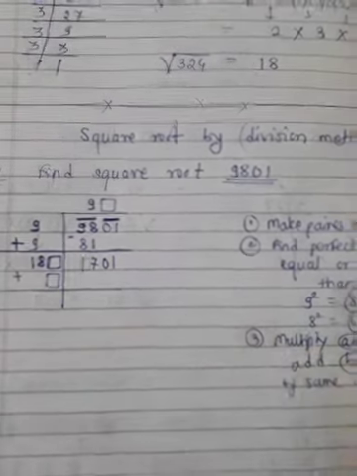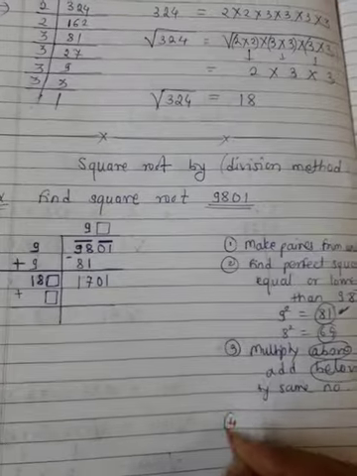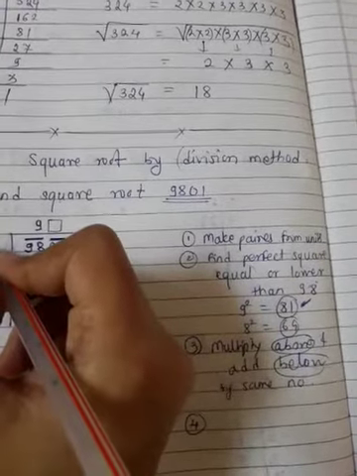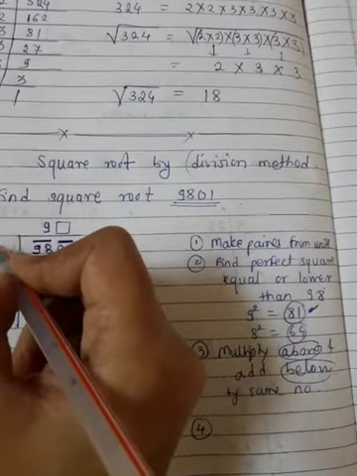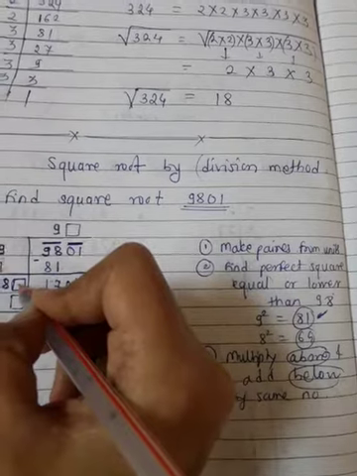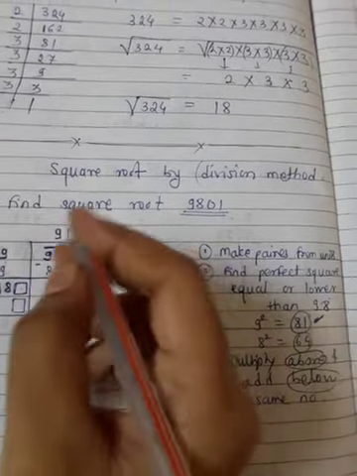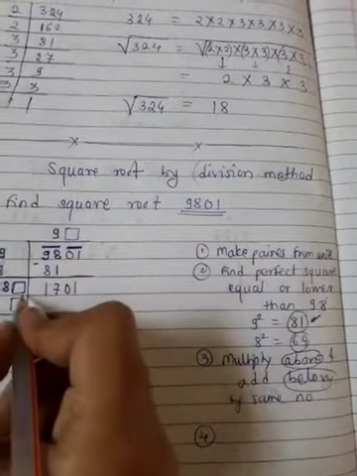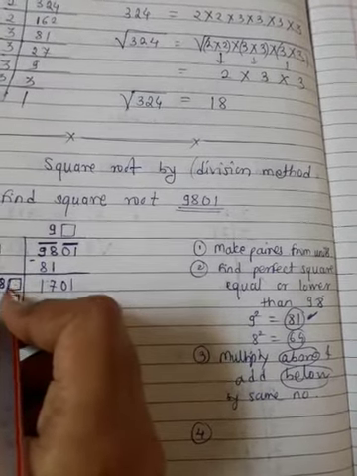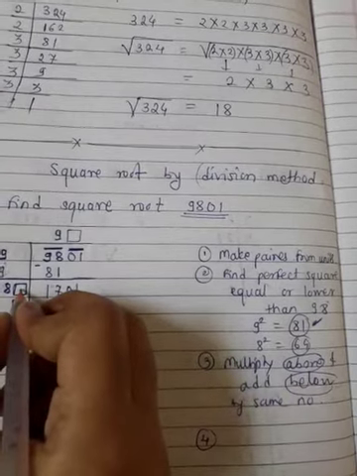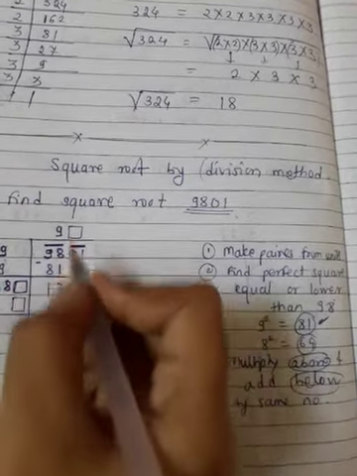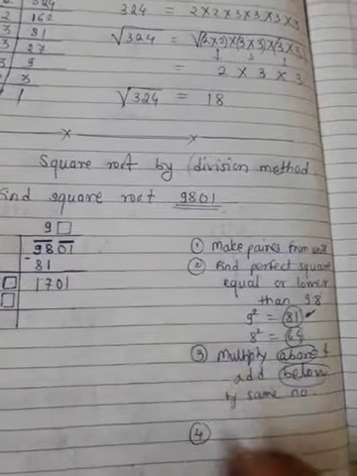Okay, now what is our fourth step? The fourth step is very important. Find a number, which means we have to write this same number at 3 places, 1, 2, 3. So here also we want a number, the same number here. Okay, so which number will work? We know that if we take 9 here, we must find such a number that when we multiply by that number, we get this number.